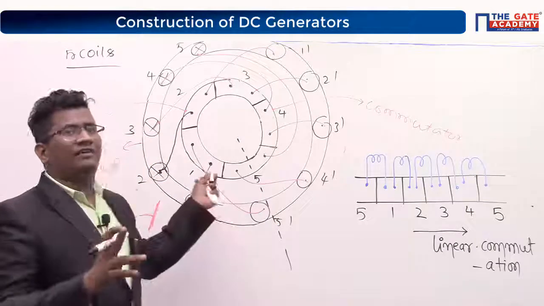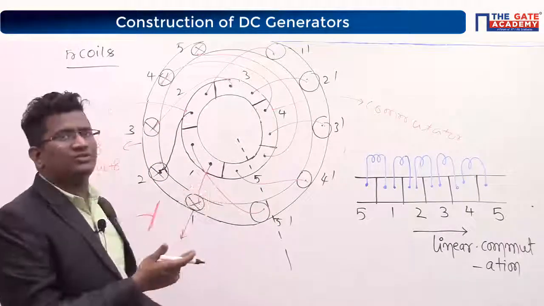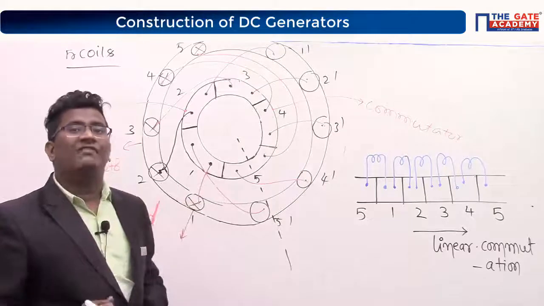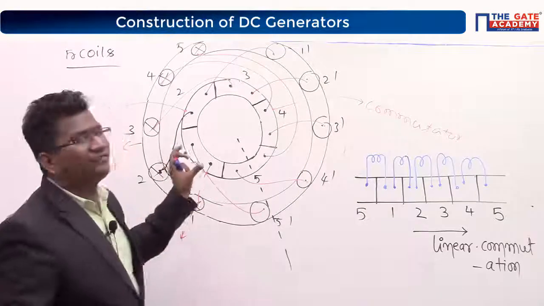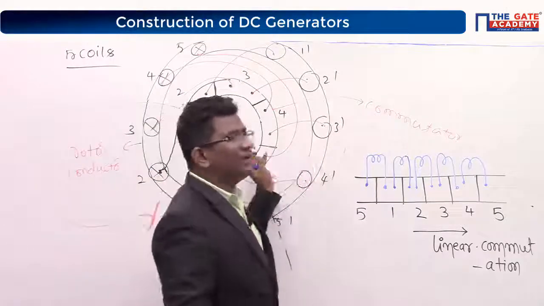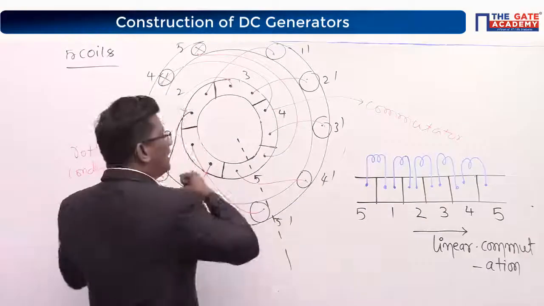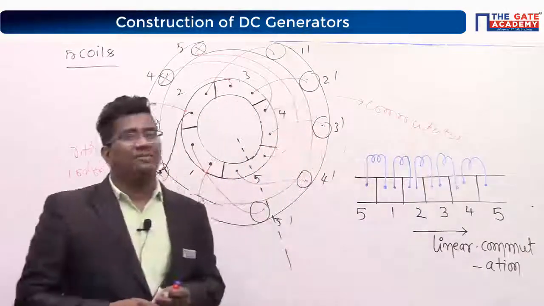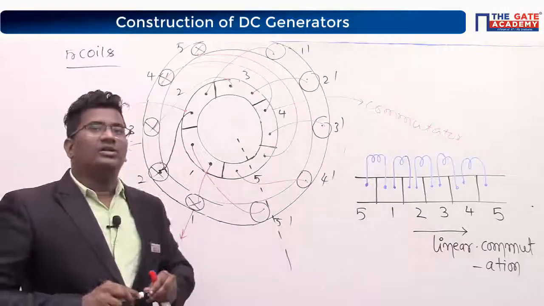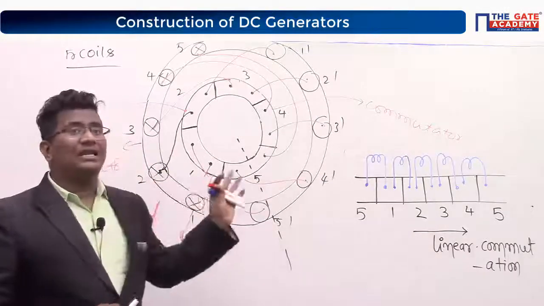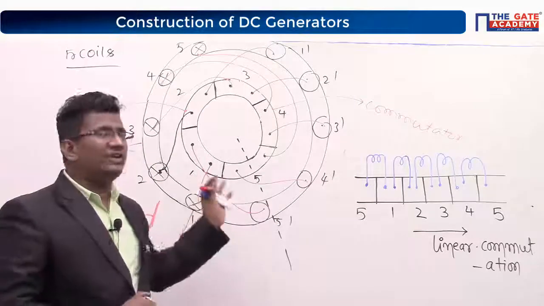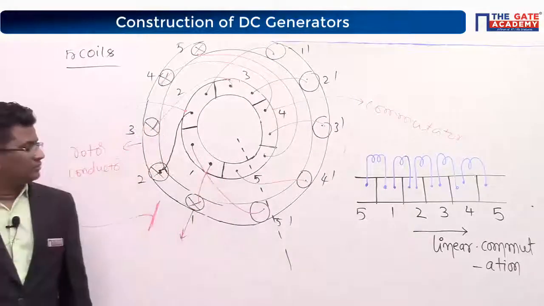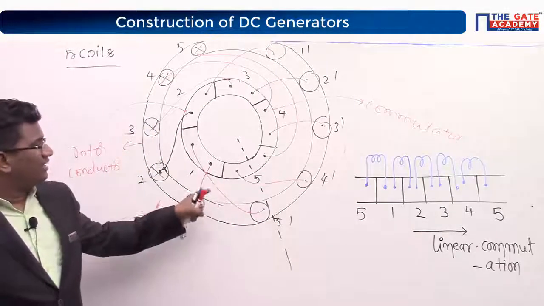You can draw for 500 coils also, but here I don't have enough space, so I couldn't draw the 500 coils. Just now I have taken only 5 coils. I have explained those 5 coils by virtually breaking and stretching it, and I again have a total of 5 coils and 5 segments. Okay? Is this clear? Tell me. Please take it down. This is very important. Once it is done, please let me know. These connections are very important.